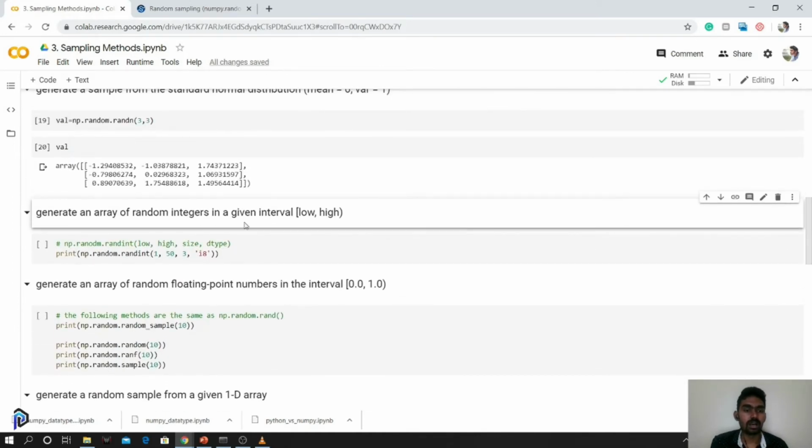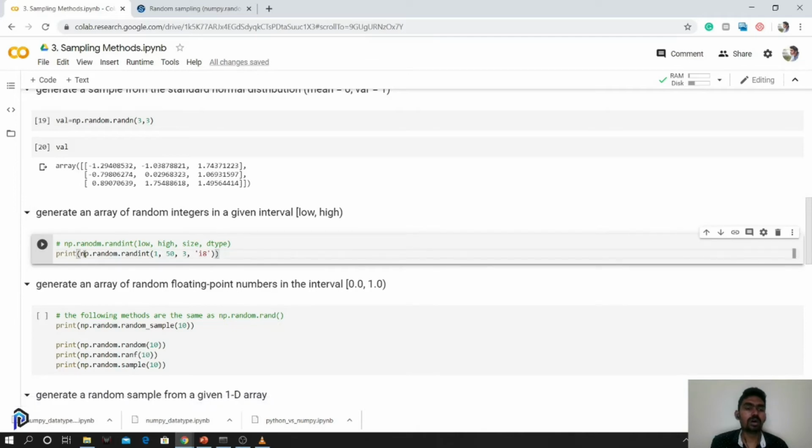Next is getting random integers. np.random.randint helps you create random integers. You have to pass the low and high, the number of values that you want to generate, and the data type. Most of these are optional.